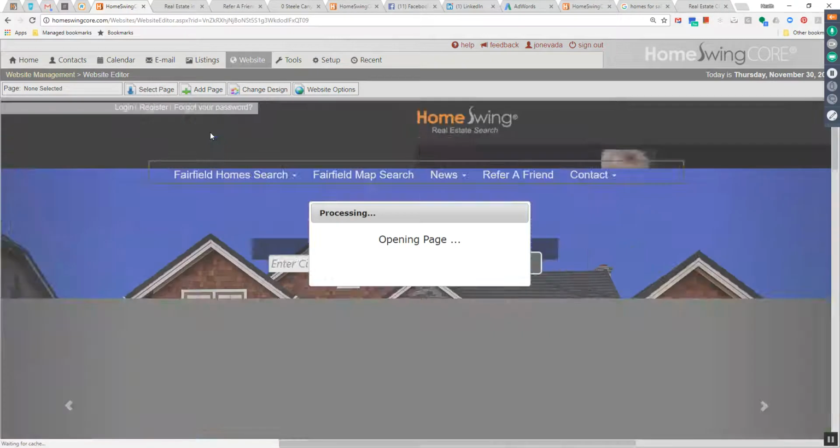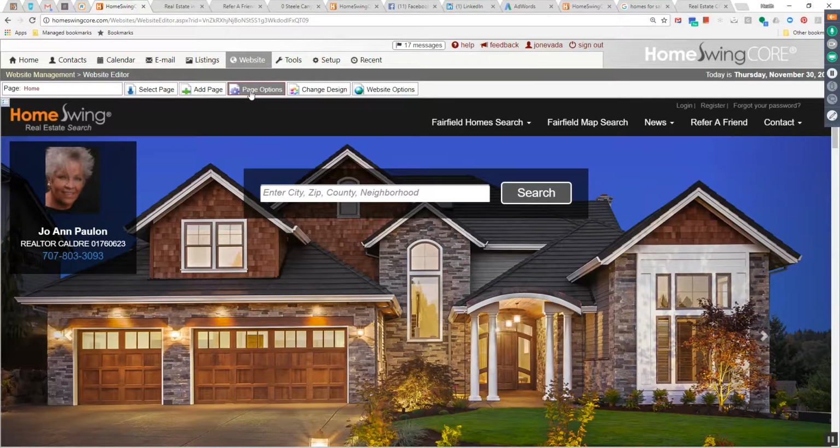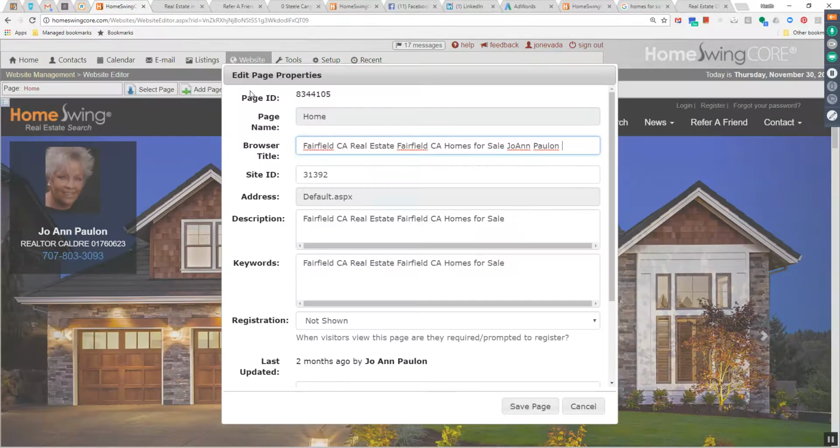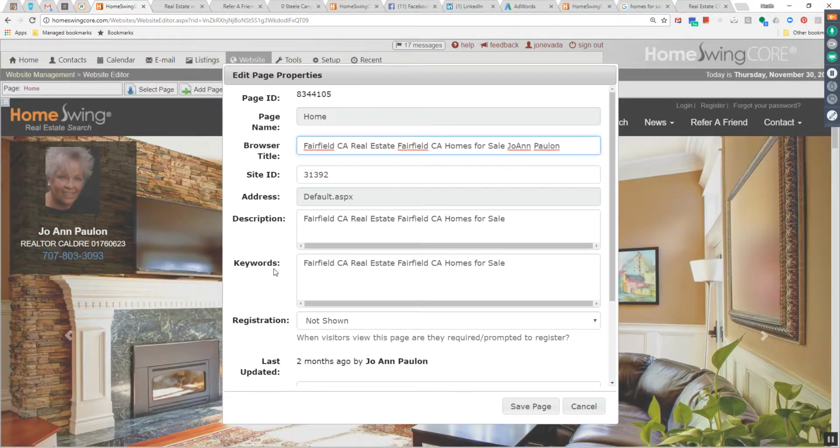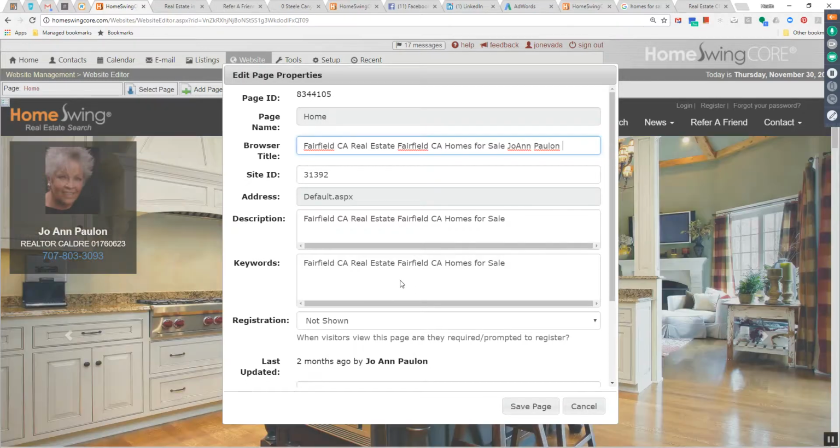edit revision. Under page options on your website, this is where you would input title, URL, description, and keywords. These are the metadata. This is when Google and Bing are crawling websites. This is some of the key information that they are looking for to actually index each individual specific web page